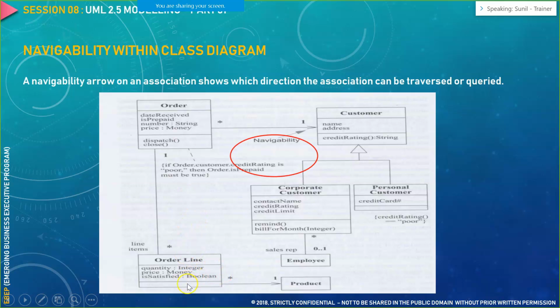So those multiple people are nothing but your order lines, which have a relationship with the product class, wherein multiple order lines are associated with one single product in that particular system. So this way you can use navigability to show the direction, many to one, or wherever you want to show navigation.